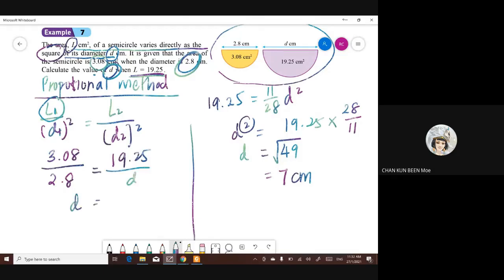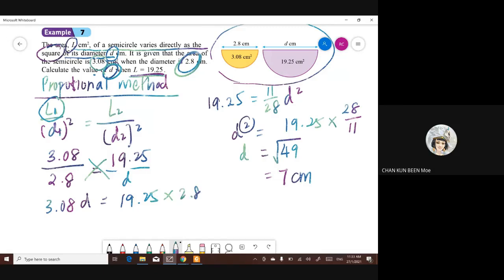We have to do it the other way around because it is cross multiplying. I'll show it slowly. So actually here is 3.08 D equal to 19.25 times